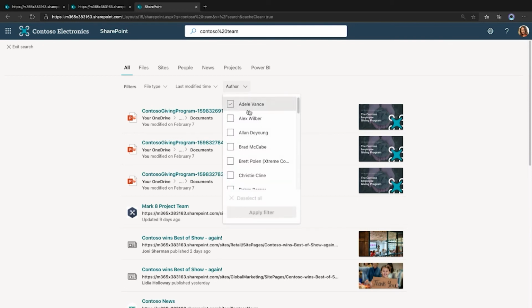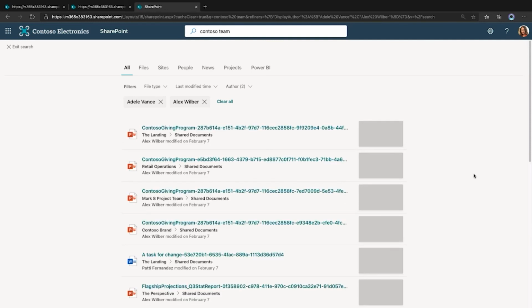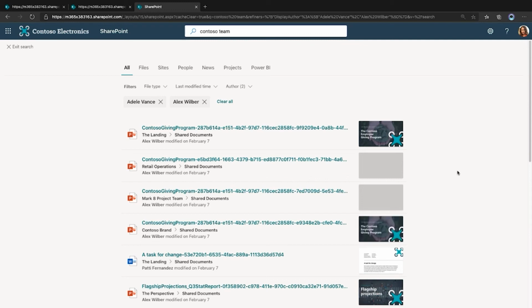Now, if you click on author, you see all the various people who have contributed to the results which are showing up over here. And you will be able to go ahead and select these and refine your search page according to this. These are some of the key capabilities which will help you in moving your classic SharePoint search scenarios to modern. Apart from this, some of the other key